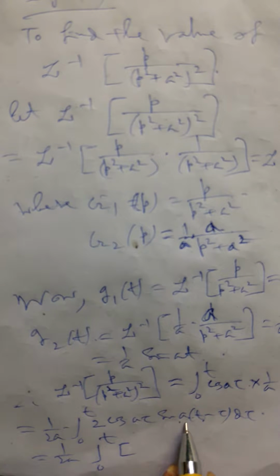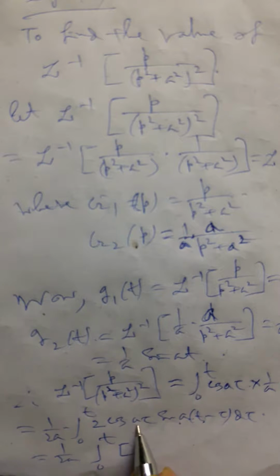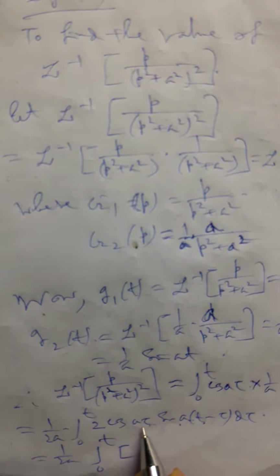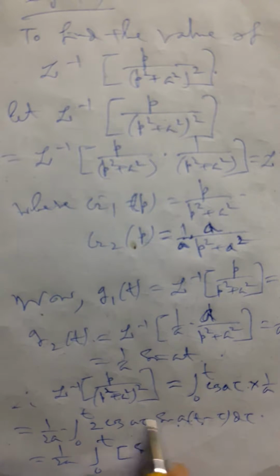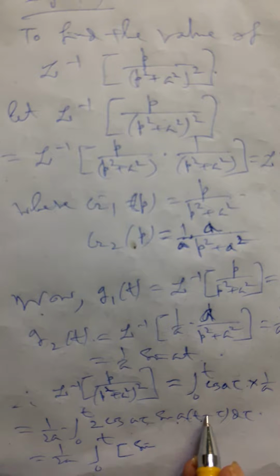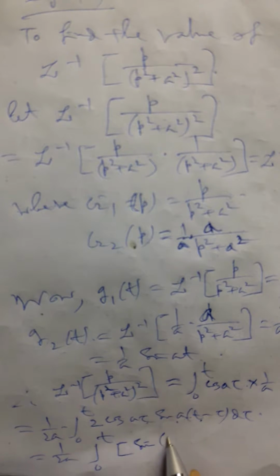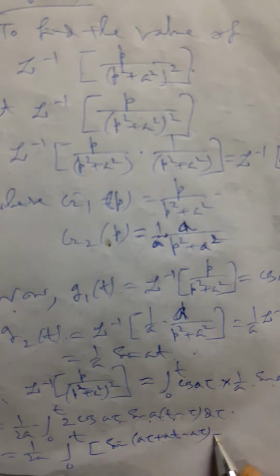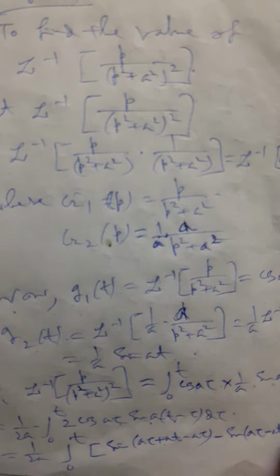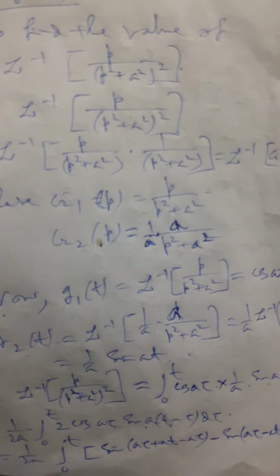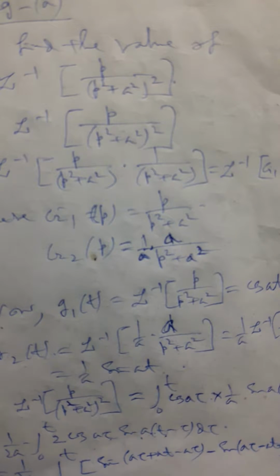So the result will be, here is the product of the cosine angle, so it will be sine sum, so sine of a tau plus at minus a tau minus sine of a tau minus at plus a tau. If we repeat these terms,